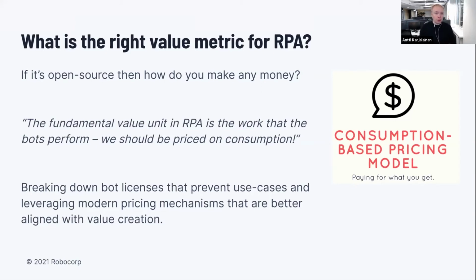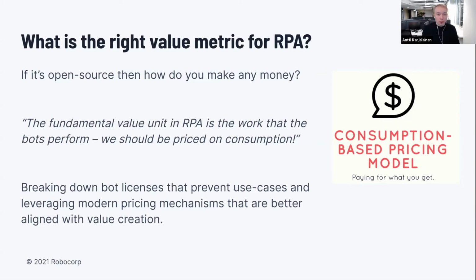That was really the way that we wanted to go about it and really answer questions around governance, security, and compliance for RPA with open source. And then when we were starting out Robocorp, we thought that the licensing scheme tied to bot execution units was pretty lame. And so we wanted to change that as well, and went with a consumption-based pricing model, similar to something like Snowflake would have, where the value metric is the actual working time of the bot